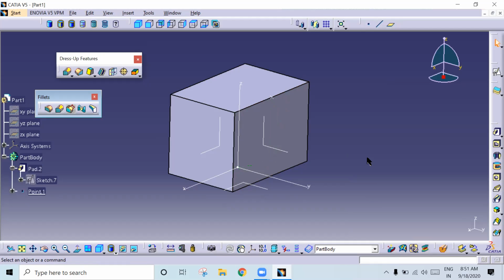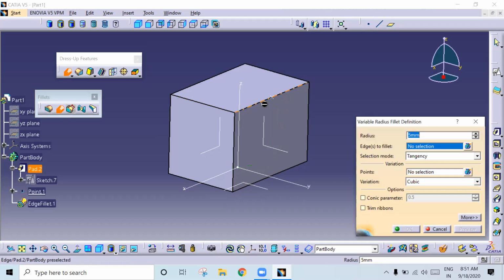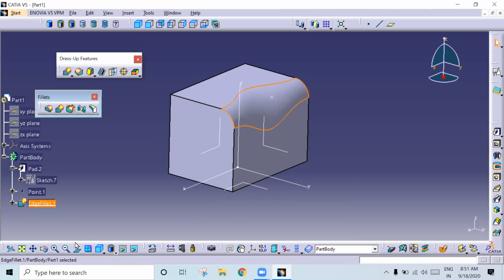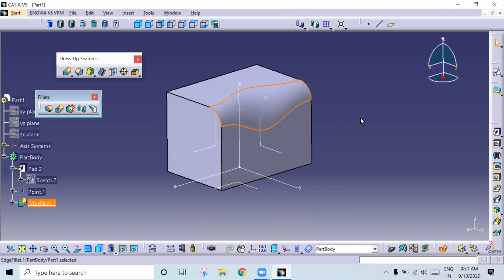See there? Now go to variable radius fillet. Select this. So first I will give as 10. Then go to point. Then I will select the point. So here I will give 20. Okay. Then again, if you want to vary at this point, so at the corner you need to select 2 times. Select it. So here I will give 10. See if you give okay. See here. See. All of you got it.